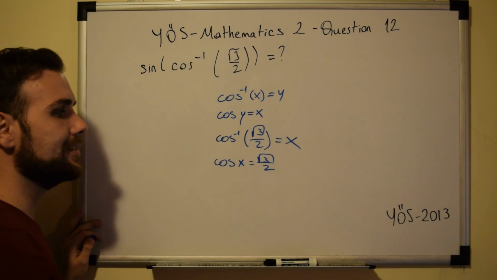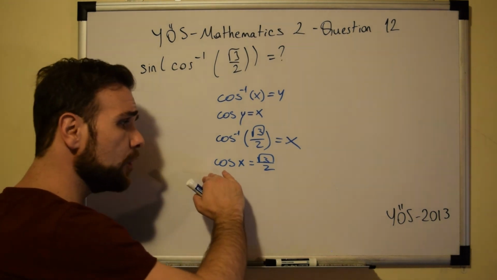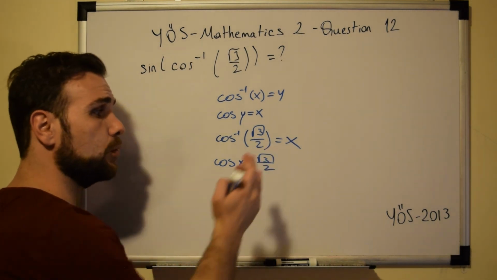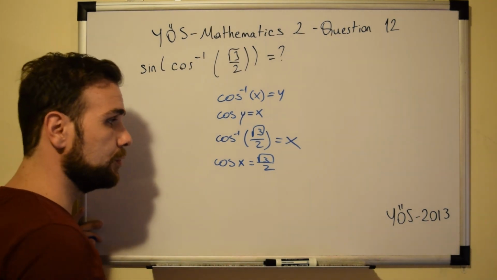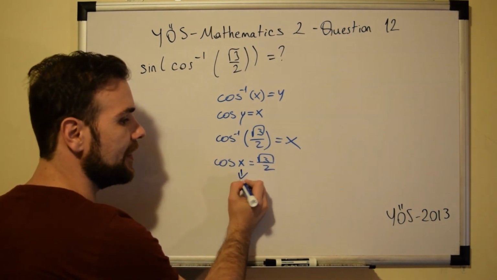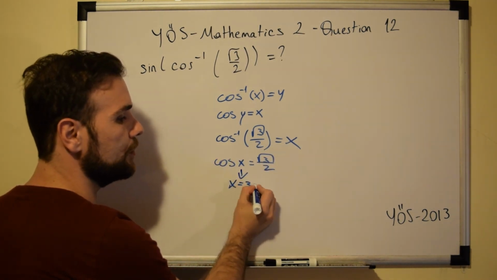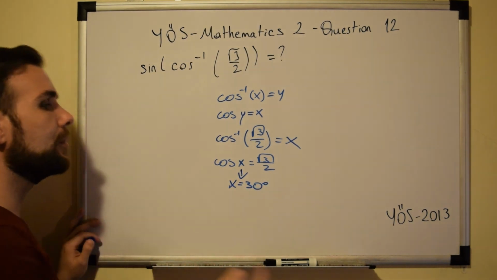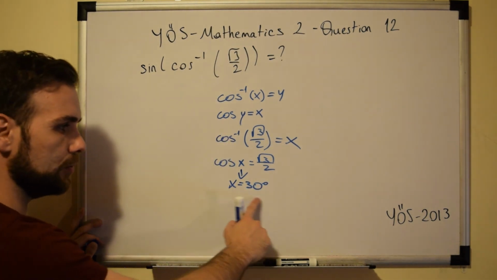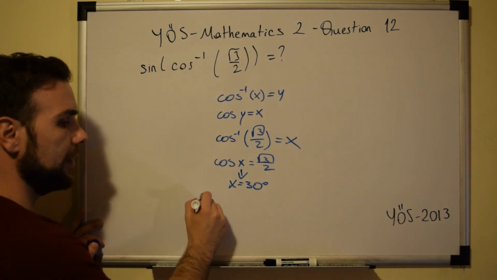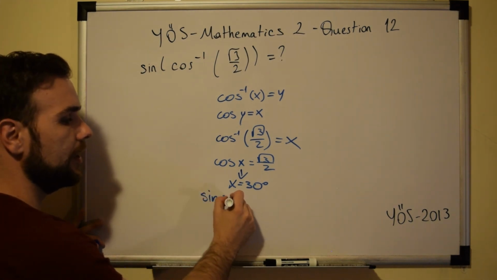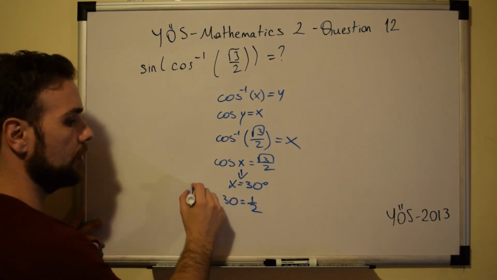Now everything is easy because we all know that cosine of 30 equals square root of 3 over 2, which means that the value of x is equal to 30. Now that we found the value of x, we will be able to find the sine of 30, which we all know equals 1 over